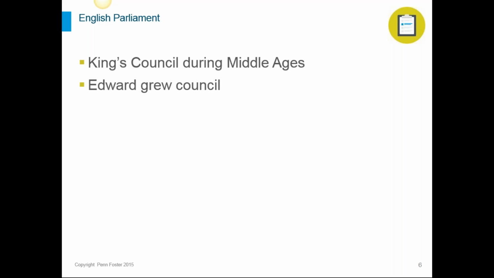The next big progression in English government history came with the growing of the English Parliament. There was a King's Council in the Middle Ages in which the king was able to ask for support, mainly from the noble class, so the barons and the nobles that were part of the Magna Carta now had more advisory authority with the king. King Edward did eventually expand the rights of the council, making them a bit more of a representative government, a representative society,